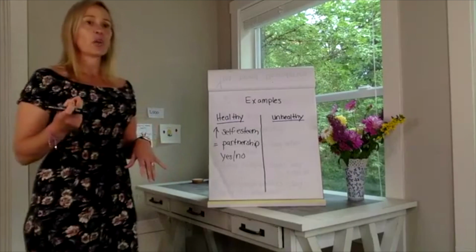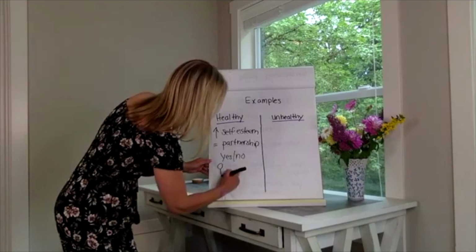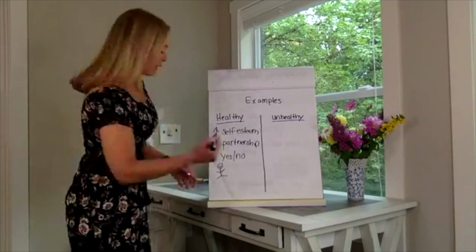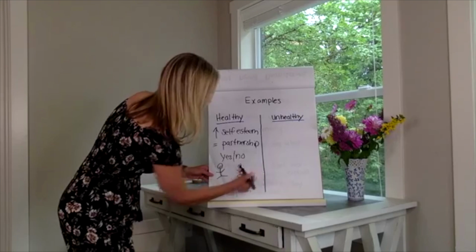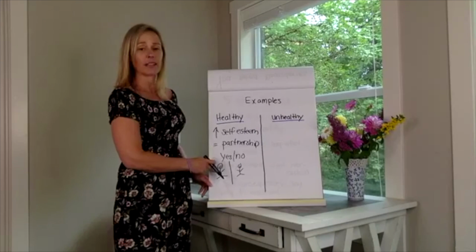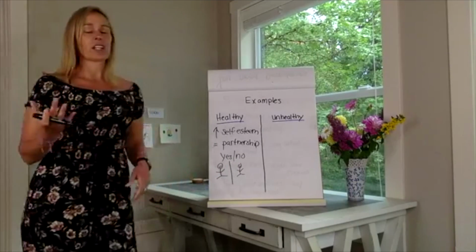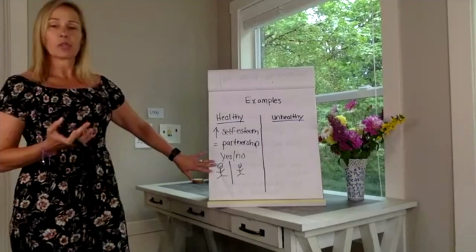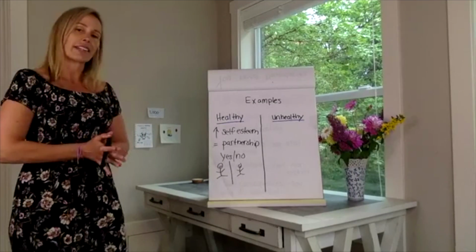Another one is that you are able to separate your needs from other people's needs. So imagine, here's my other stick figure. Here's you. You know what you need. And then here's Aunt Sally. Here's what she thinks is needed. This is what she needs. You're able to separate, okay, that's good for her. That's not right for me. And that's okay. You're able to separate what you need from what they need. And this happens a lot in codependent relationships. So we'll get to that in unhealthy boundaries. But when it's healthy, you're able to appreciate where they are, but also be able to stay where you are, in your lane, if you will.